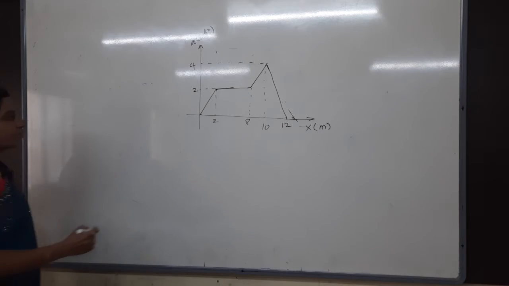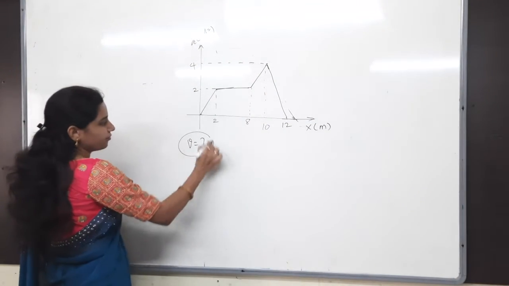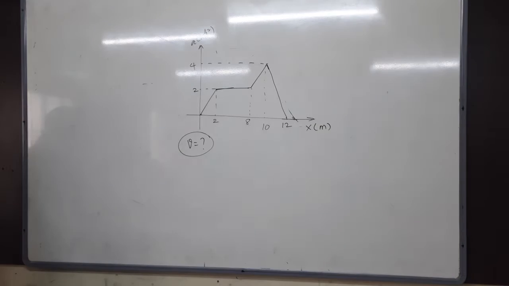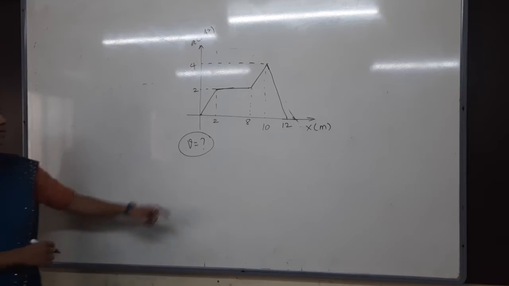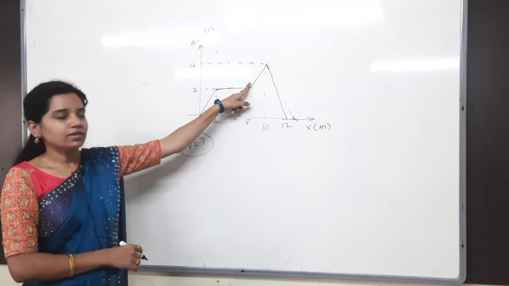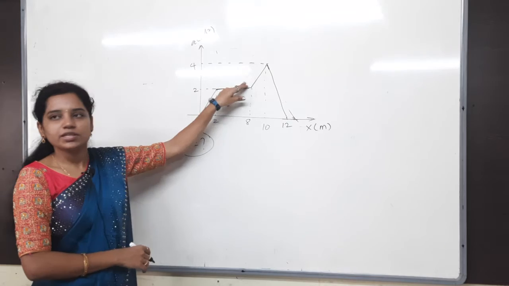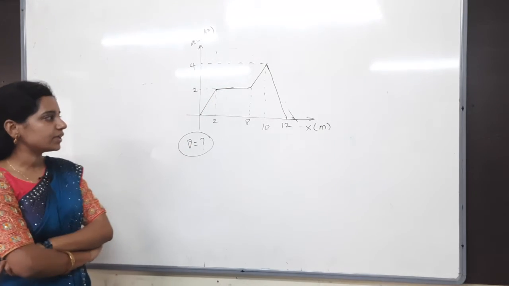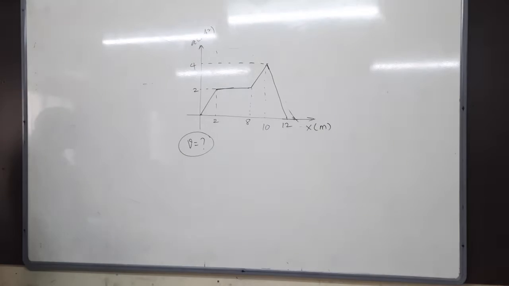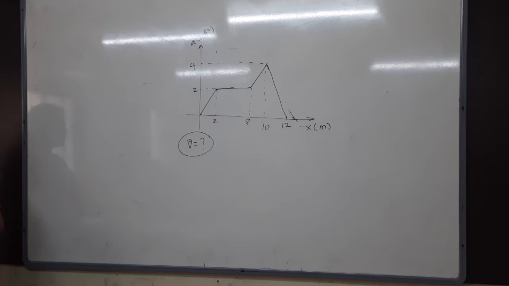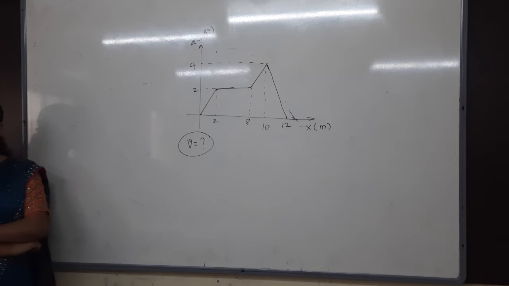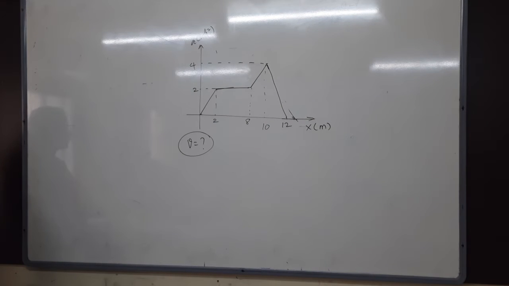Any possibility, you have to find out the velocity at the end of the day. You have to take an equilateral triangle? How can you take equilateral? Then you have to remove this area. You cannot take it like that. You cannot change the graph. Whatever is there, you have to use that only. Any possibility to find the velocity? How can you do it?